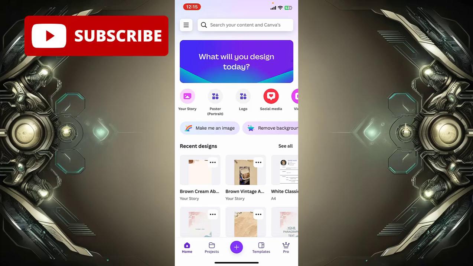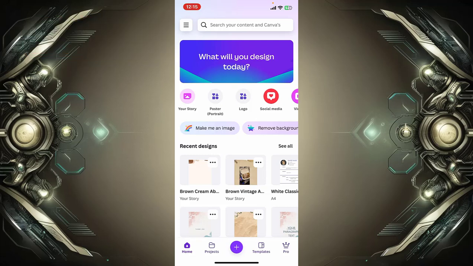I can tell you, you cannot remove the Canva watermark. To remove the Canva watermark, you will need to purchase Canva Premium. If you don't have Premium, you cannot remove the watermark, and if you have your own watermark, you can